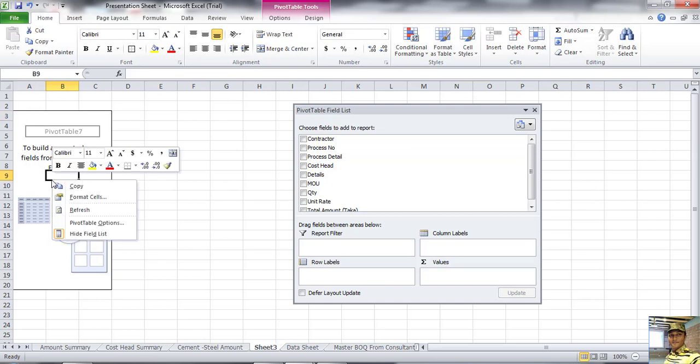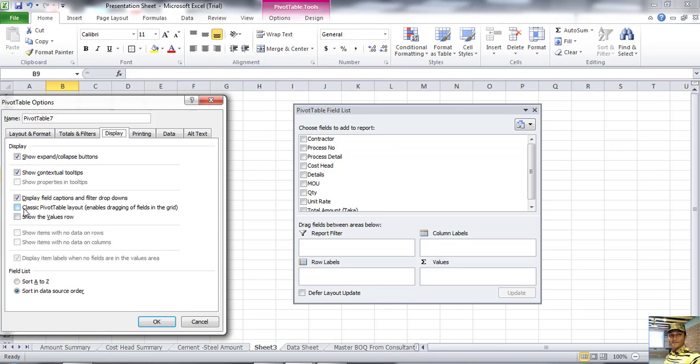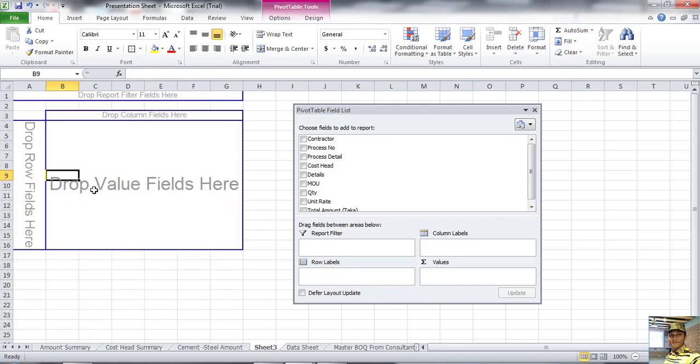Click right button and Pivot Table Options. Now see, we select Display and tick mark Classic Pivot Table Layout and OK. Now we can see the drop area for row fields and the drop area for column fields. Based on this I have prepared as shown previously.